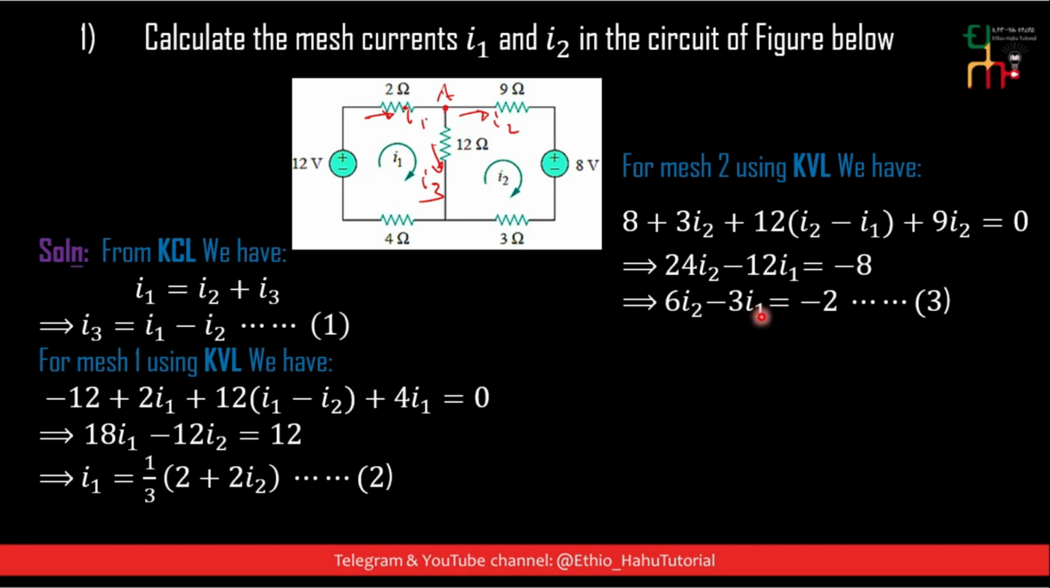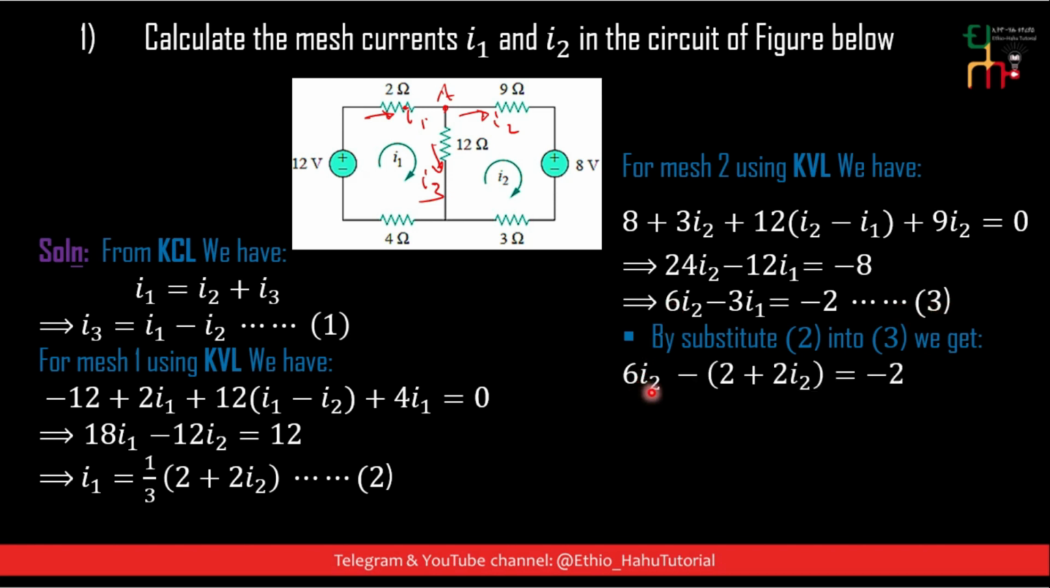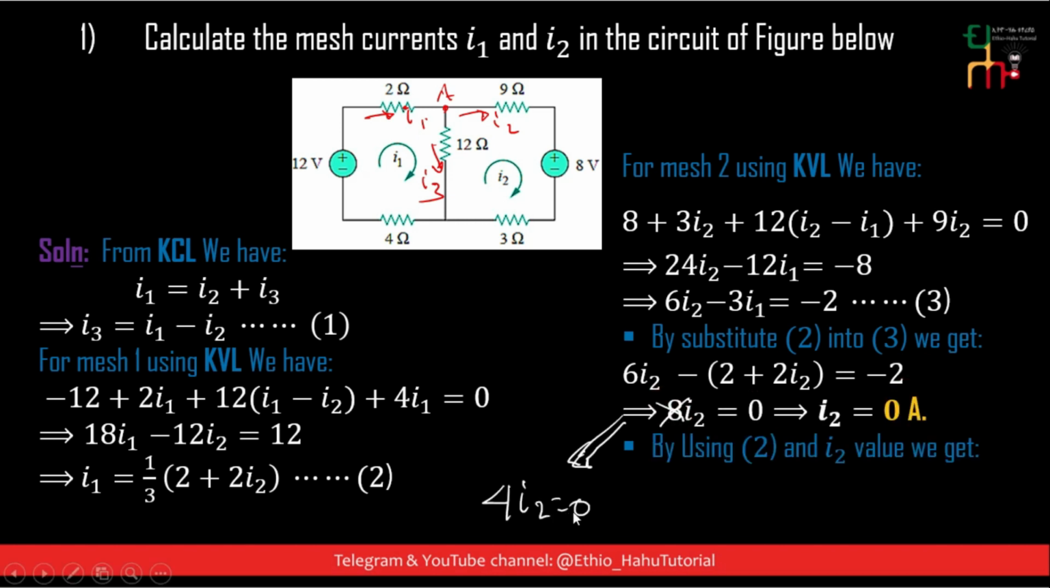6 I2 minus 3 I1 is equal to minus 2 እናገኛለን ማለት ነው። ይሄኛውን ኢኩዌሽን 3 ያለው። ስለዚህ ኢኩዌሽን 2ን ኢኩዌሽን 3 ላይ ሰብስቲቱት ባረግ ምን አገኛለሁ? 6 times I2 minus 3 times I1, since I1 is this one, so 3 times 1/3 which is 1, so it becomes minus 1 into (2 plus 2 I2) is equal to minus 2 እናገኛለን። ስለዚህ ይሄንን ሪአሬንጅ ስናደርግ 4 I2 is equal to 0 እናገኛለን። ስለዚህ በ4 ብናካፍል I2 is equal to 0 ampere እናገኛለን ማለት ነው።